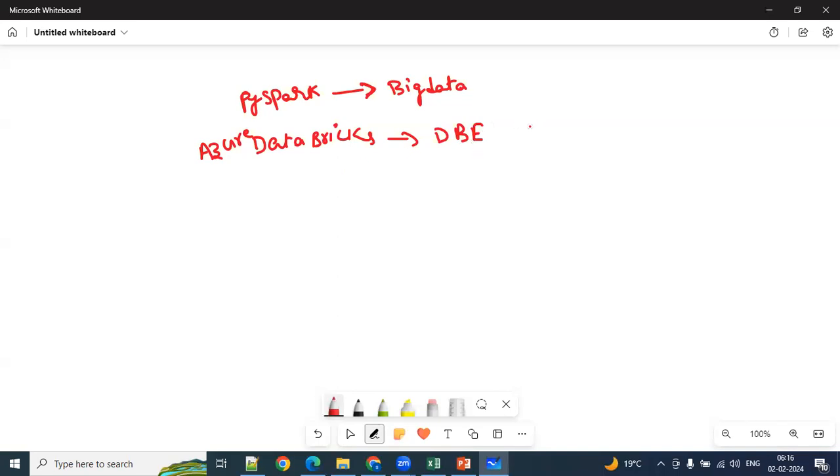If you open websites like Naukri or Monster and search data engineering, definitely in all the jobs you will find Spark. If you want, you can check it out. Along with database skills, you also need Spark skills.